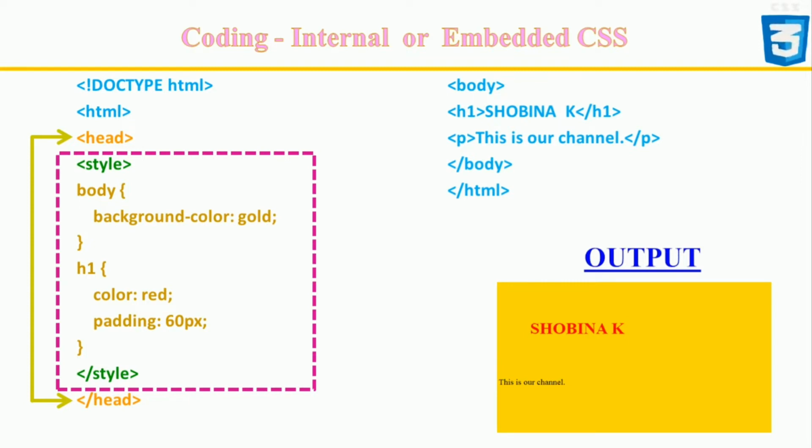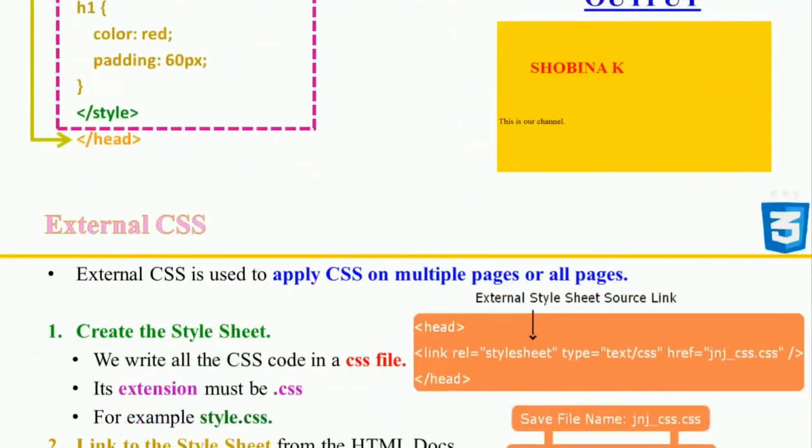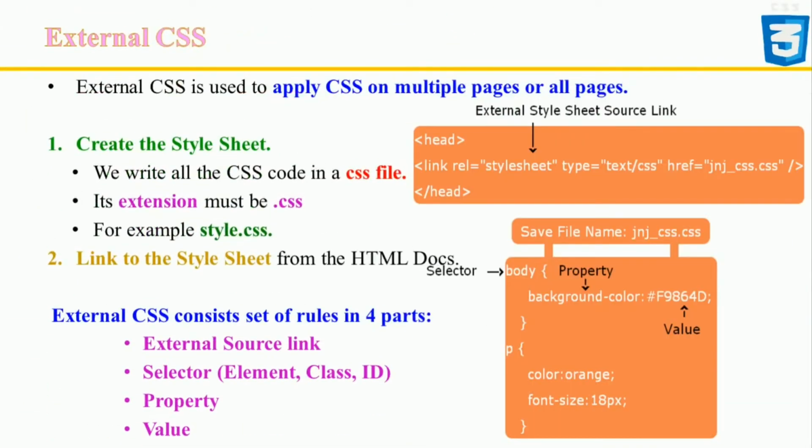The body and H1 tags are selectors here. As I said earlier, selector is normally an HTML element to which you want to assign the CSS style. You can also use the class and ID selectors in this style sheet. Adding the code to the HTML document can increase the page size and loading time. And thus internal style sheets can make website maintenance more challenging. So the best option is to add the CSS to HTML externally. It means that you can create a .css file and link it to your website.